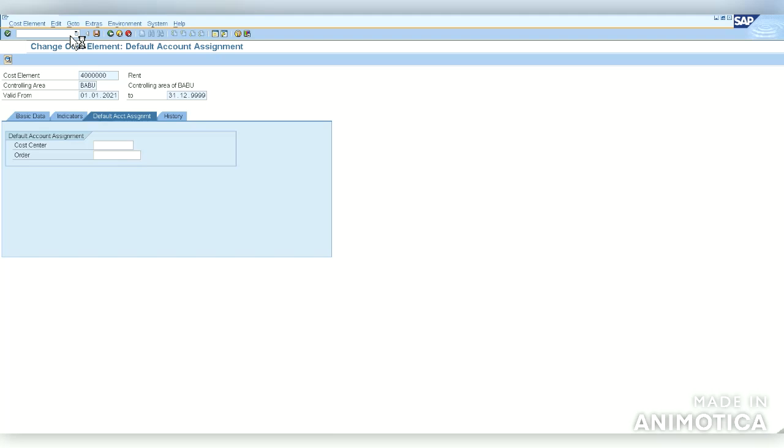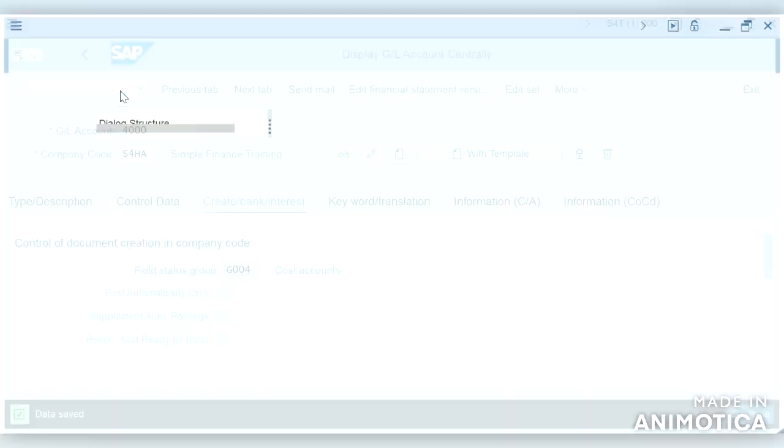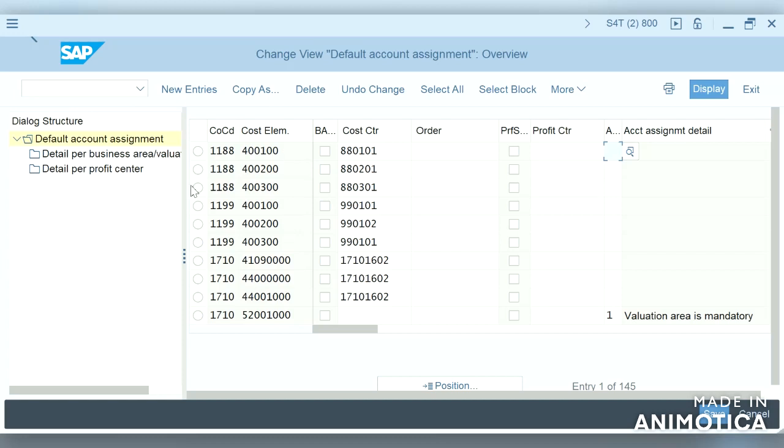That is the place where we assign the default account assignment and the cost center even in S4 HANA. OKB9. So this is the place where we will assign the cost center.